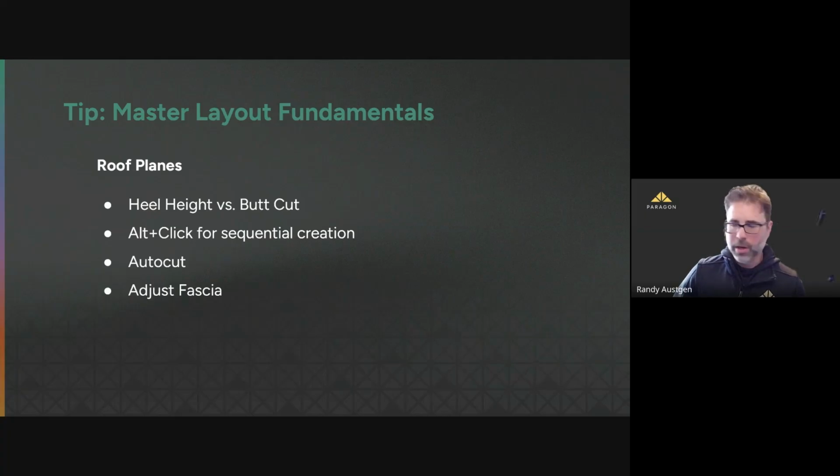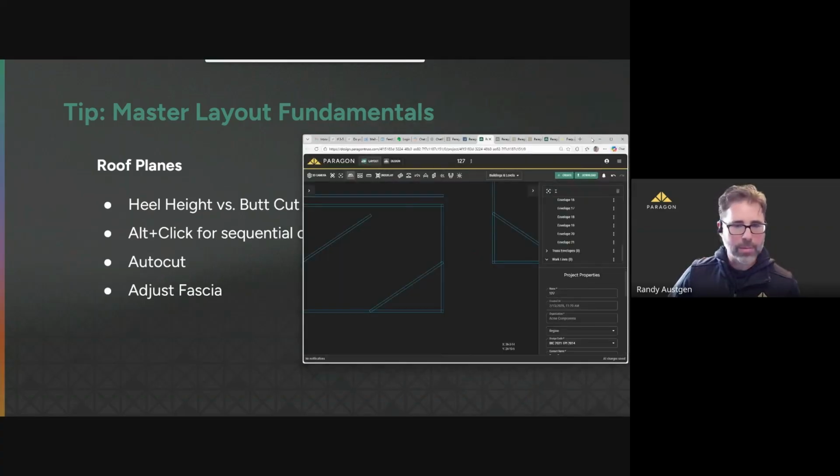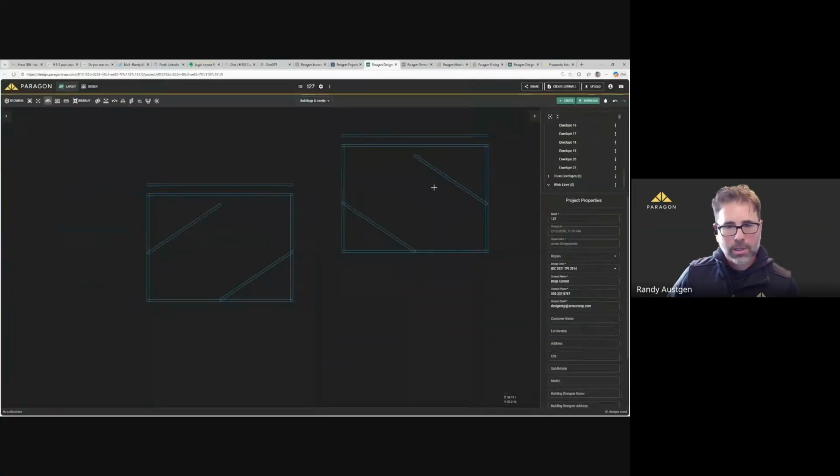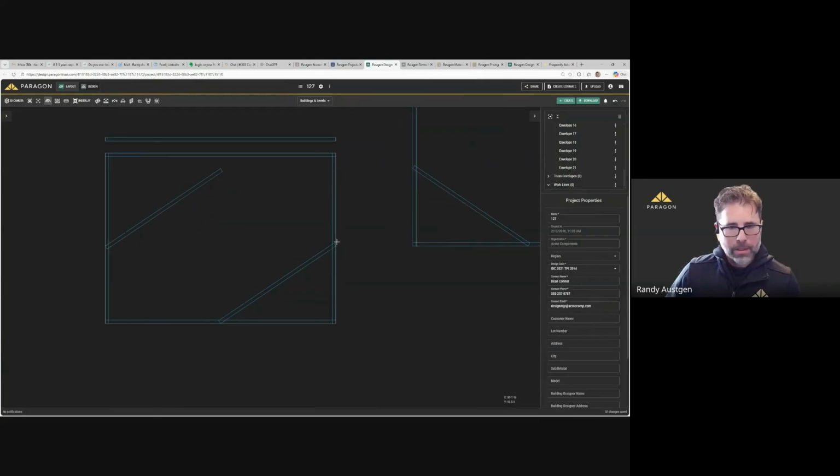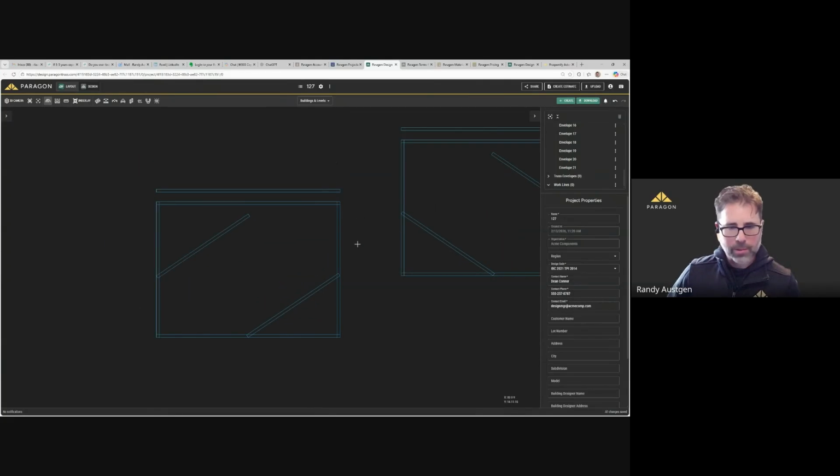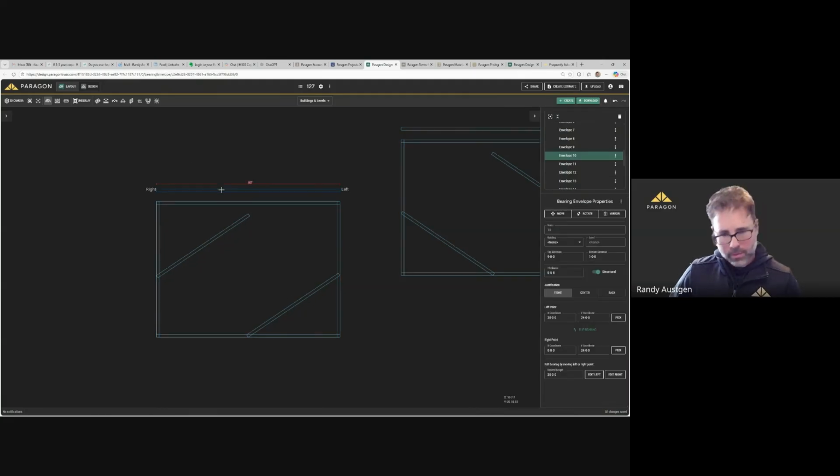And auto cutting planes, which has seen great improvement, vast improvement recently. So we'll touch on that a little bit. And then adjusting fascia is another one that is a pretty powerful tool. Let's see here. I'm going to use this simple layout here, and we'll get rid of this guy.